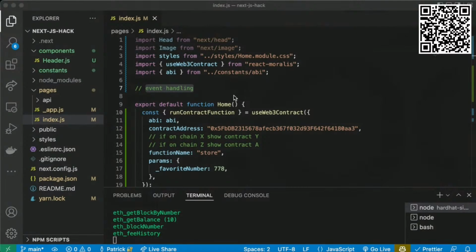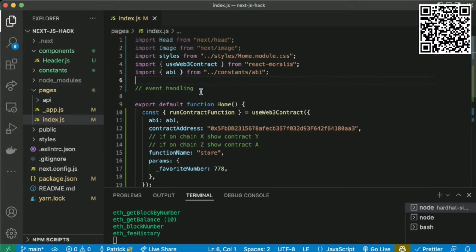Okay, cool. So let's talk about event handling. Both Moralis and The Graph have a way to index events.